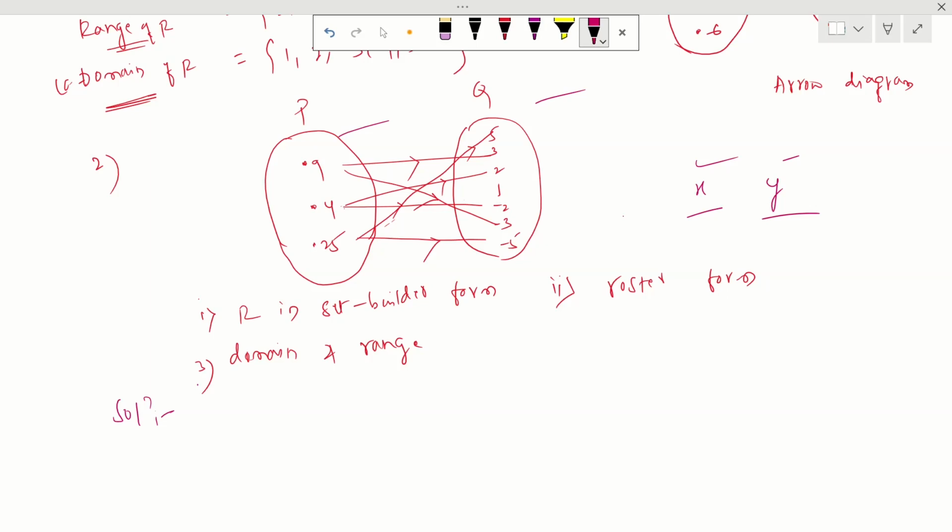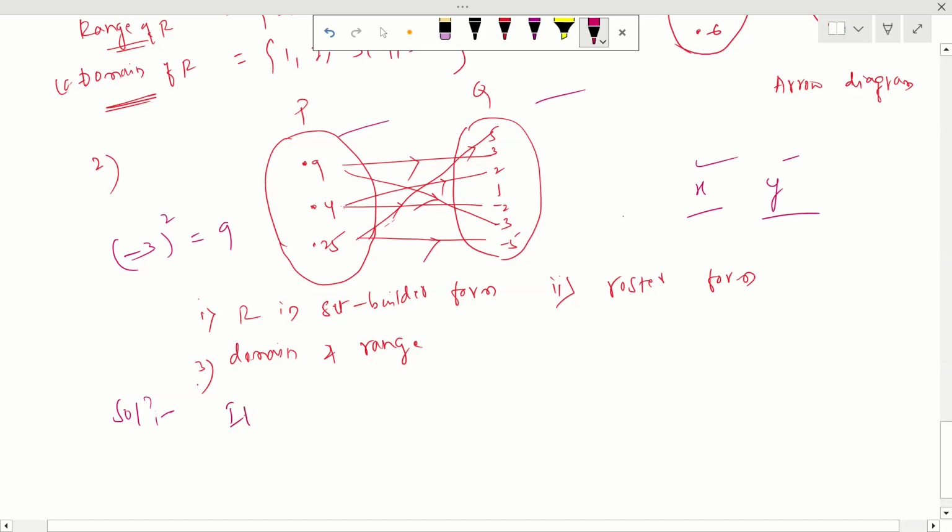Here it is, the square of those values. So square minus 3 square is what? We'll be getting plus 9 only. Minus into minus will give plus. So therefore here it is clearly observed that,